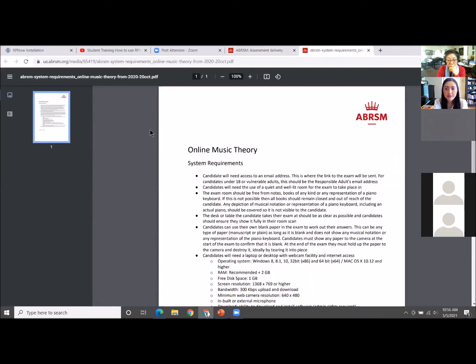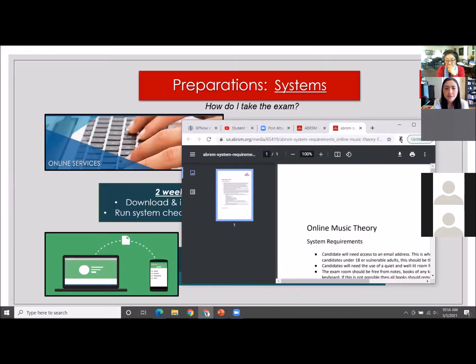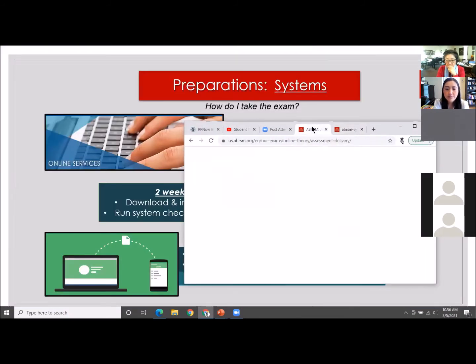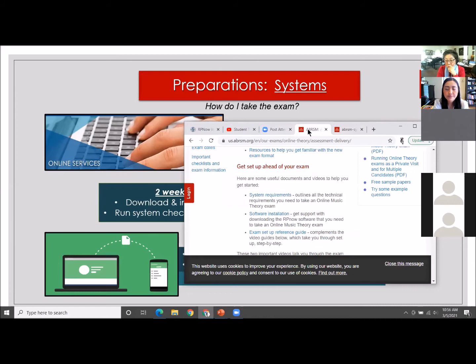And so again, here is a document on exactly what is required for you to download the software, the PSI software. So it has all of the technical things right here. And also, let me go back to this page.